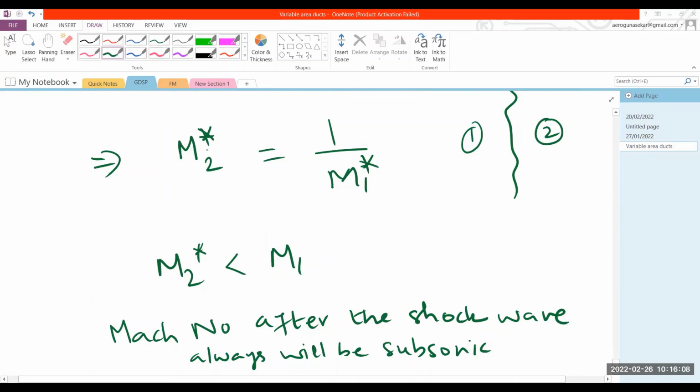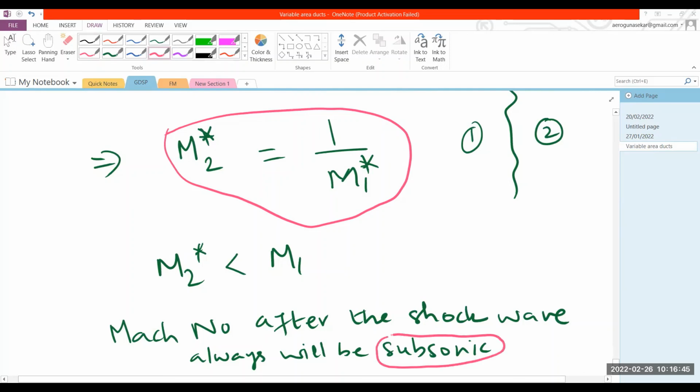If we say M2 star equals 1 by M1 star, we could also say M1 star equals 1 by M2 star, but that is not possible. Only M2 star equal to 1 by M1 star is possible in shock waves. M1 star equal to 1 by M2 star is not practically feasible, so we are not considering it. This is important, that means the Mach number after the shock wave